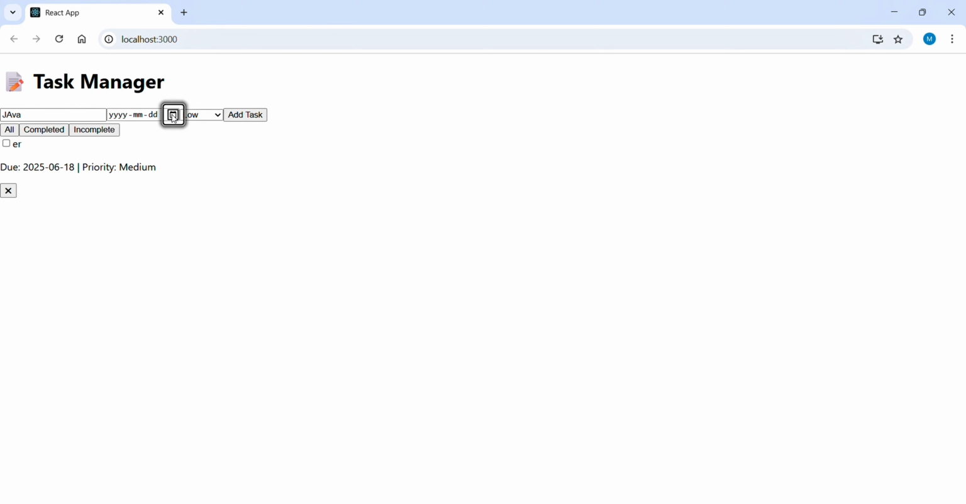I have used React with hooks, JavaScript ES6, Tailwind CSS or custom styling, and the local storage API, optional for persistence. So you can see you can add titles here. I am doing something like a Java component, or you can give the date, and you can give low, medium, high, and you can add the task. So here it is adding the task, and if it is completed, then you can